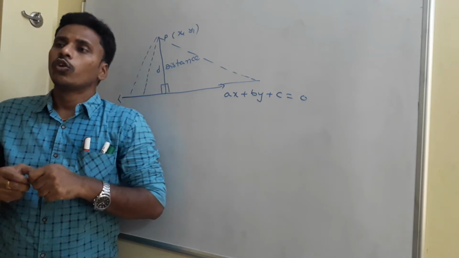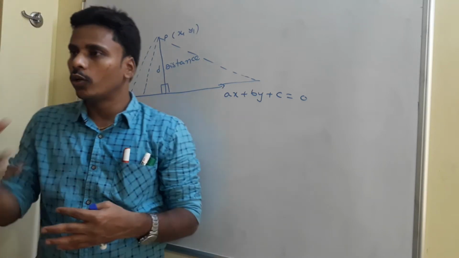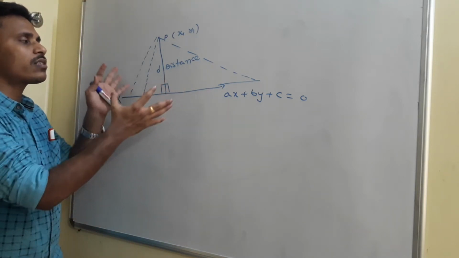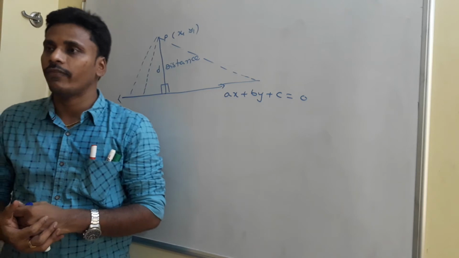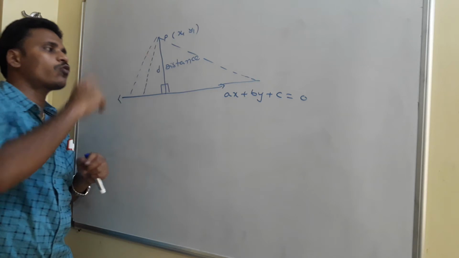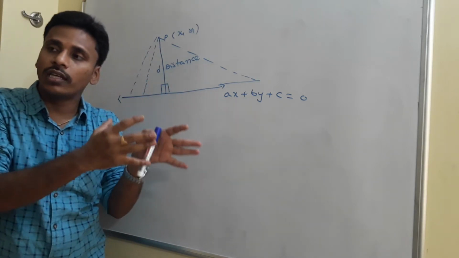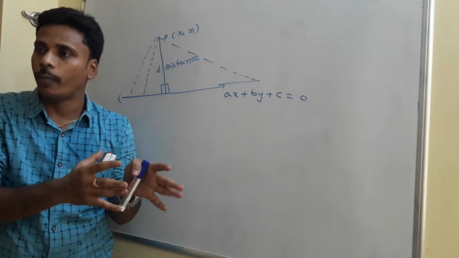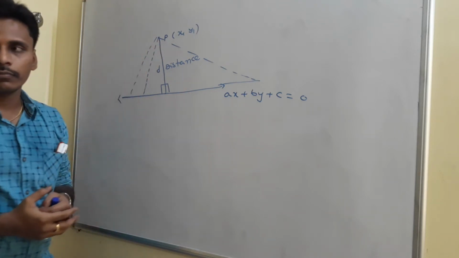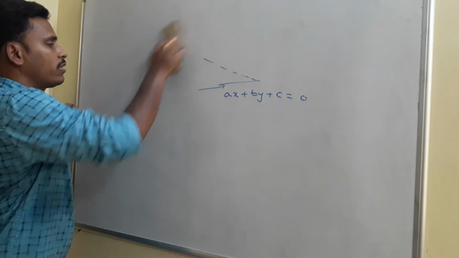So, to generate any formula, any idea of the coordinate geometry, we need to come with the coordinate system. That's why I am going to introduce this total picture in the coordinate system with the x-axis and y-axis, right? See, the line and the point, the distance we are going to find, I introduce everything in the coordinate system, and using the concepts of coordinate geometry, I am going to find the distance from this particular point to the line. Is it right? So, how to find the distance from a point to a line in the coordinate system?